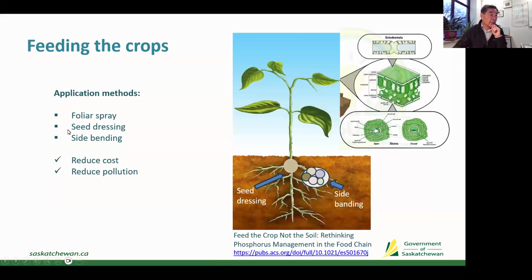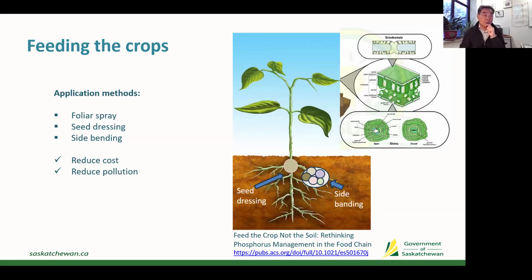And yeah, we could use a foliar spray for this phosphorus amendment or fertilizers or nutrients amendment. A foliar application often results in a higher efficiency in nutrient utilization. Apply it on a cloudy day or later in the afternoon to reduce quick evaporation. That would help the plant to